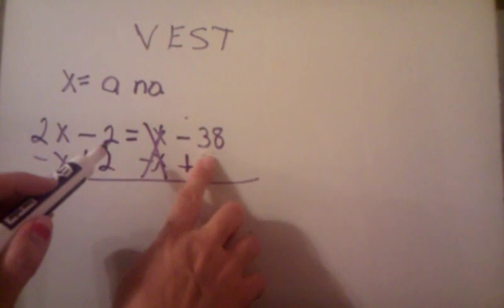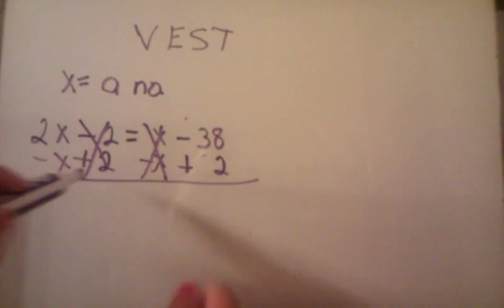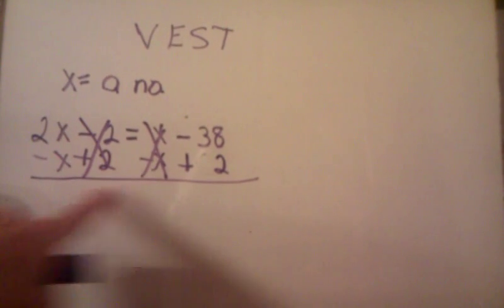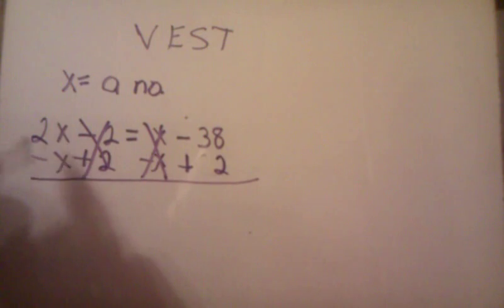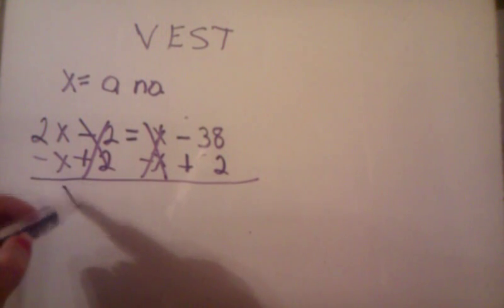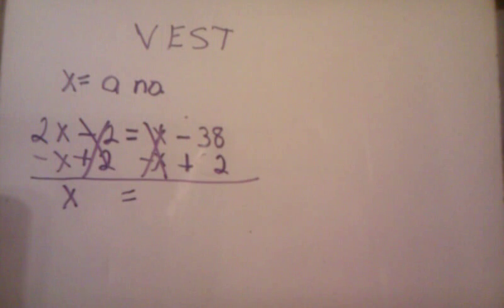Oops, I need to line those up. So these will cancel out. So you have something canceled out on both sides of the equal sign. You don't have to do them in the same step if you don't want to. 2x minus x, 2 minus 1 is 1. So x equals, when I add